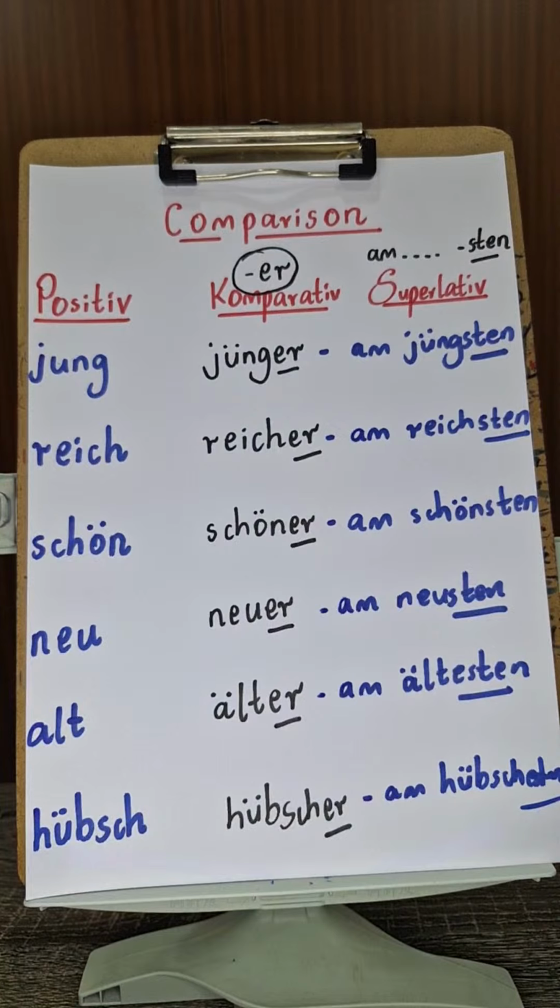I would like to take 2 more from us. Which adjective have you always had a challenge in comparing? Feel free to comment below. I'm going to pick a few from our comments, and then we will complete with those ones. Remember, they will only fall in 2 categories: either it's a regular one or it is an irregular one.